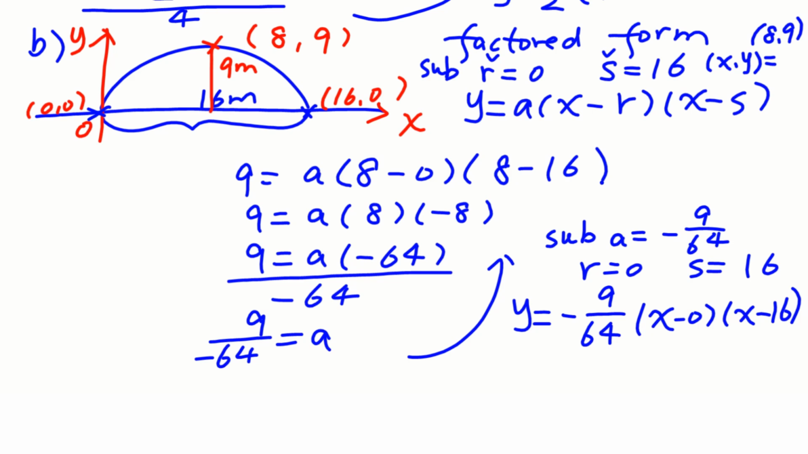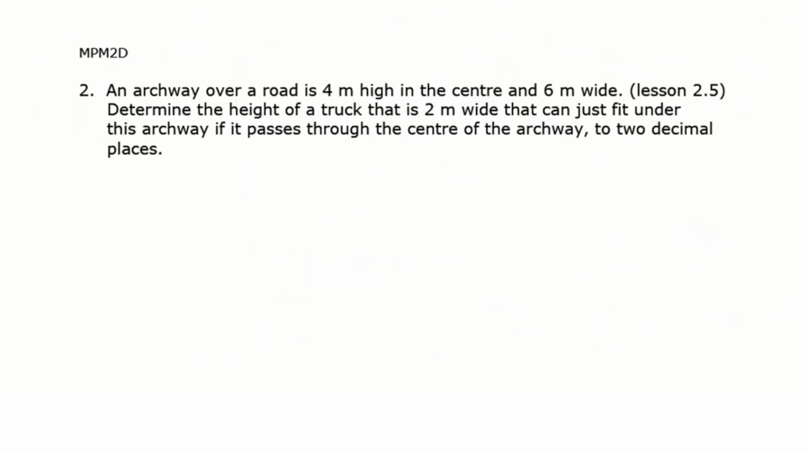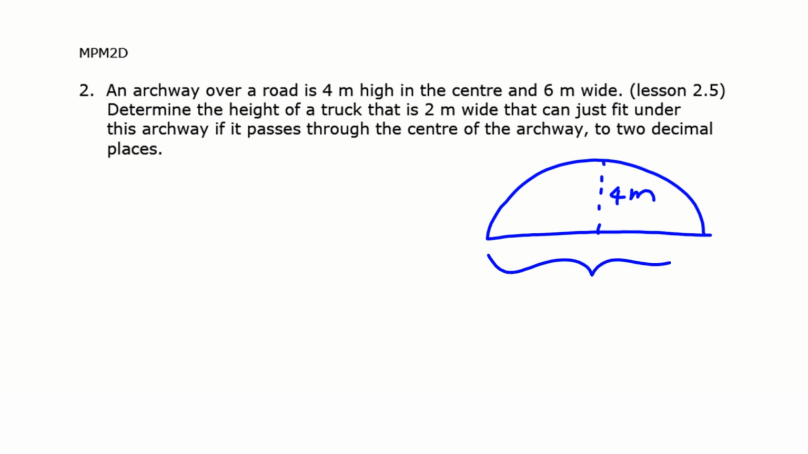Then we are going to question 2. Question 2 is again an archway over the road that is 4 meter high in the center and 6 meter wide. Determine the height of a truck that is 2 meter wide. We are going to put the truck in the middle. That is the maximum height of the truck that can pass this archway. So 2 meter here. Then we are going to set up the x and the y